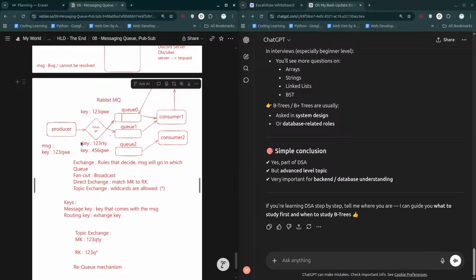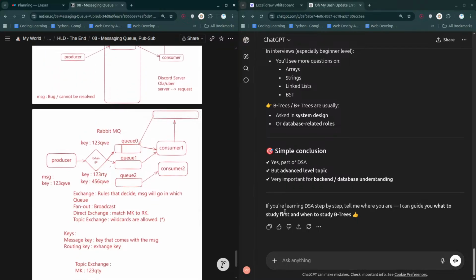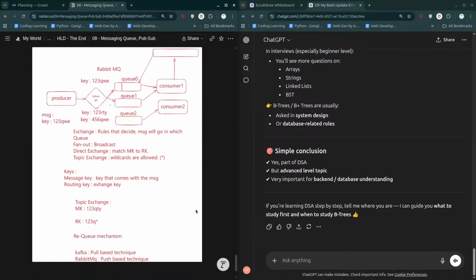So ultimately it will have 2 keys. It will have the messaging key, the key of the request it is getting, so it recognizes the request based on that. And the second thing is the routing key. It routes that particular request to a particular queue. This is how it happens. Similarly, there can be multiple consumers, and those consumers may be listening to different queues, and they may be sending the data to some kind of database. So this is how it goes on.